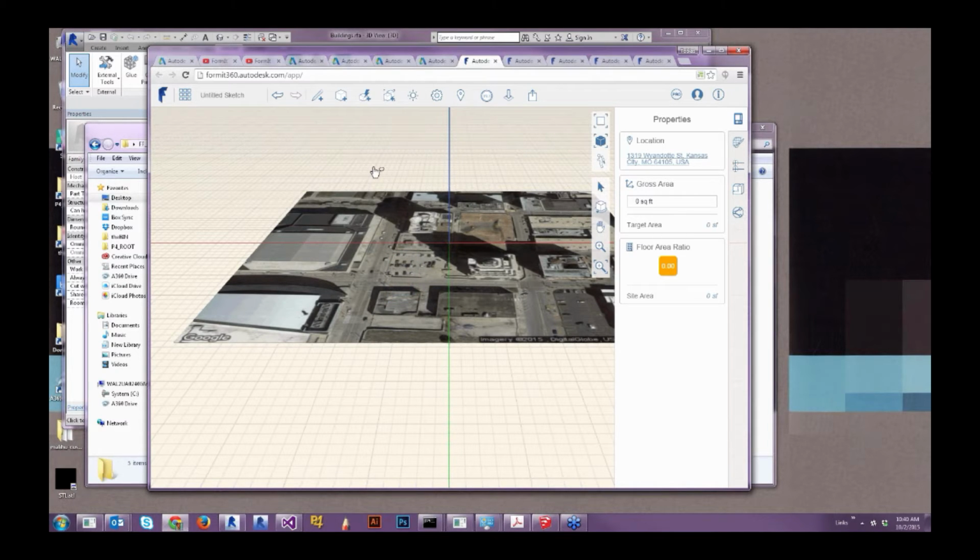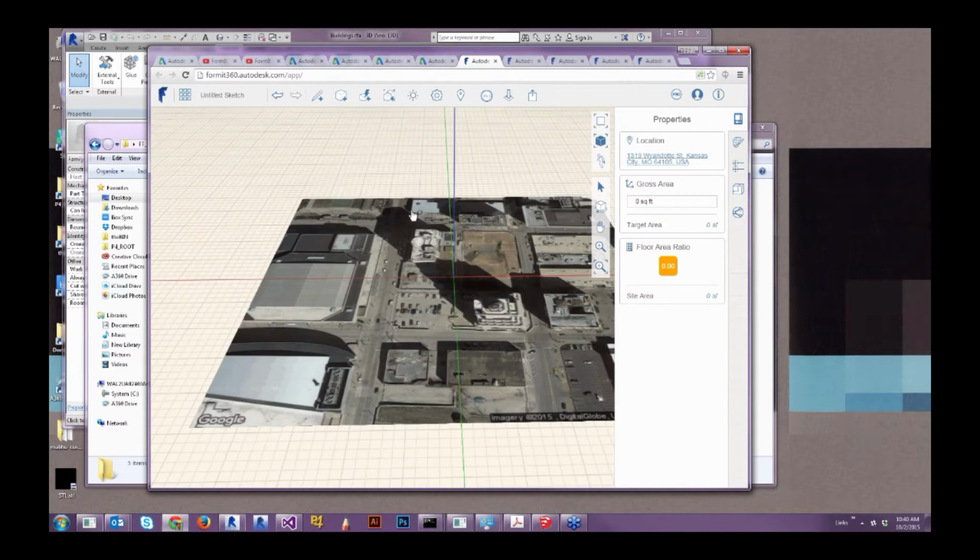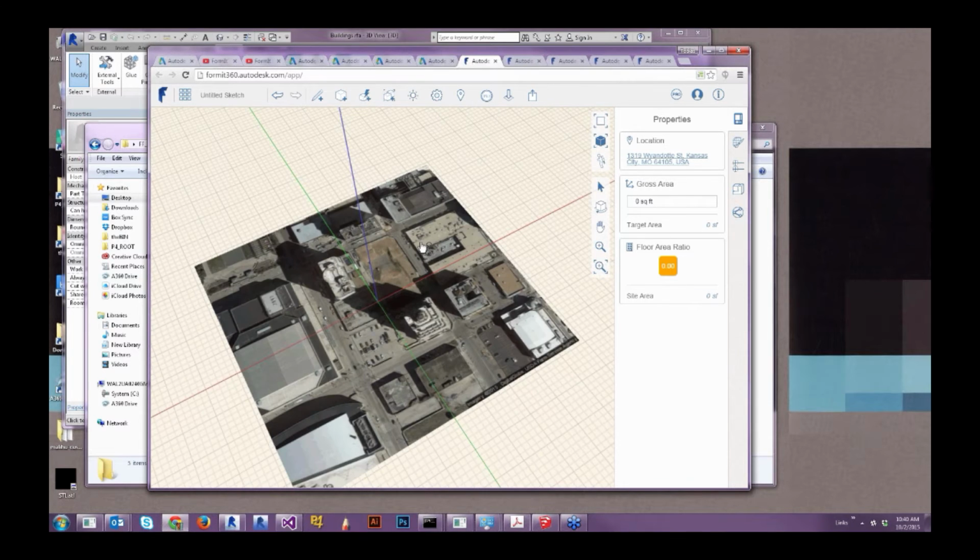So this is pretty key for Forma workflows. Basically now I've got True North, I've got accurate scale. I've got a general location of these buildings here, and I can transfer this location address into Revit also. You can see the address kind of shows up over here on the side, so I know that I'm connected there.